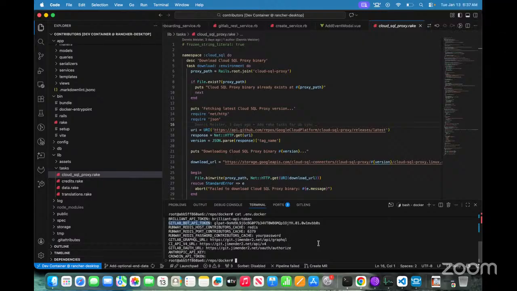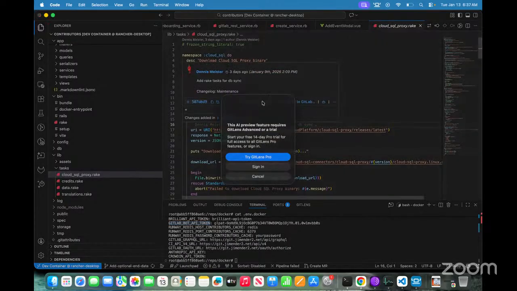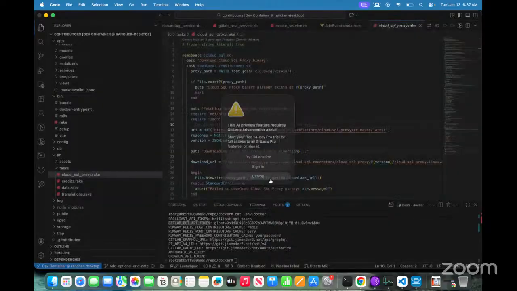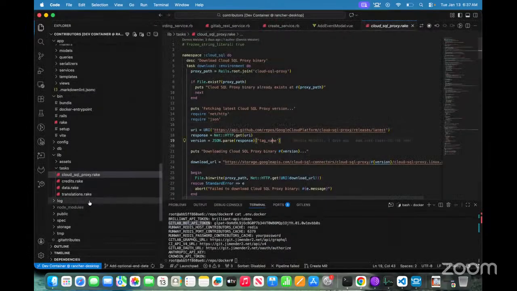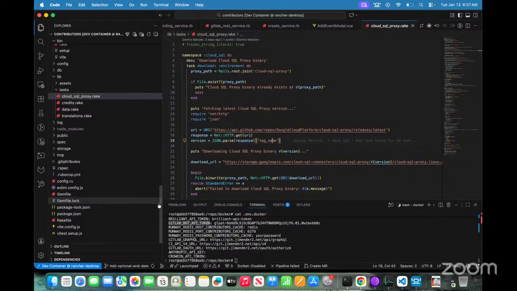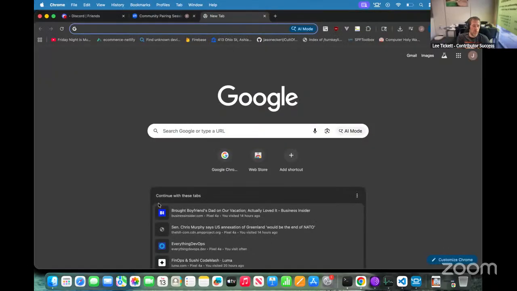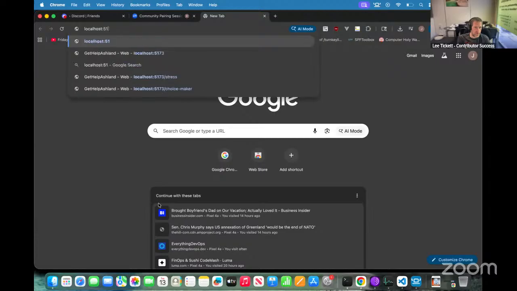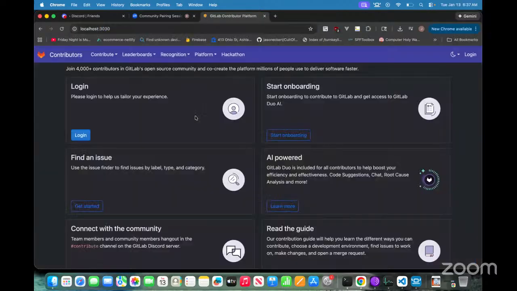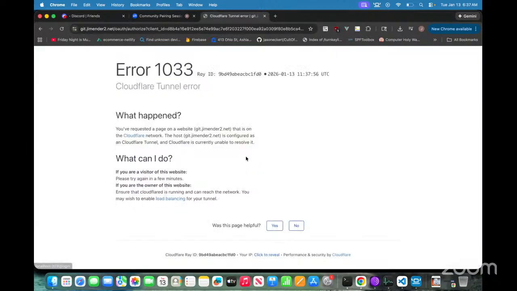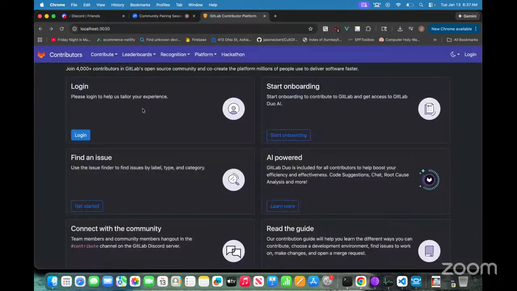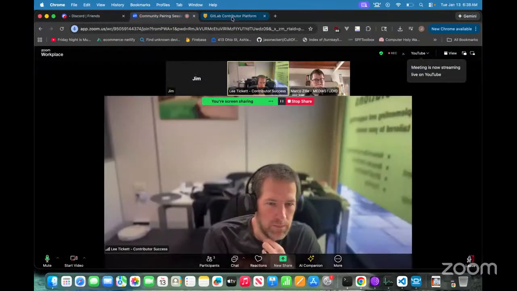So then I'm here. When I launch this, what port does it normally run on? I'm blanking. The contributor platform, 3030. So the issue that I kept running into was, and of course my local server's offline right now,